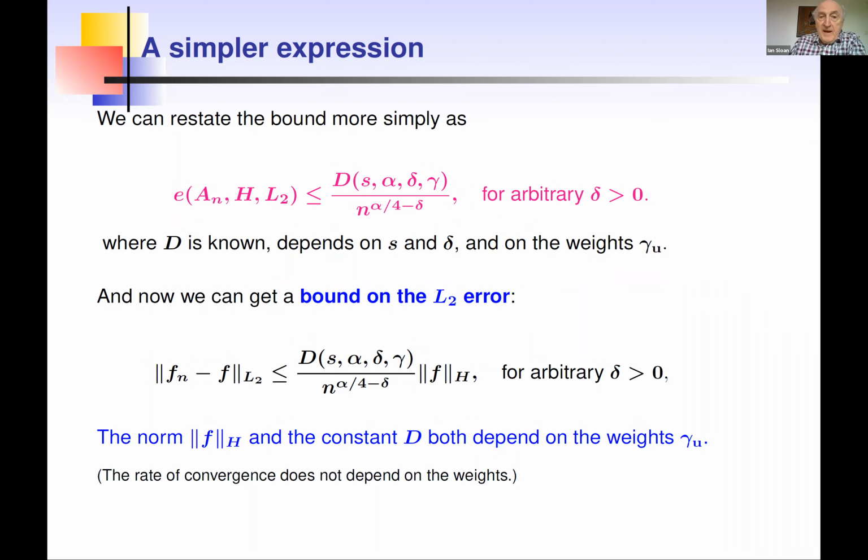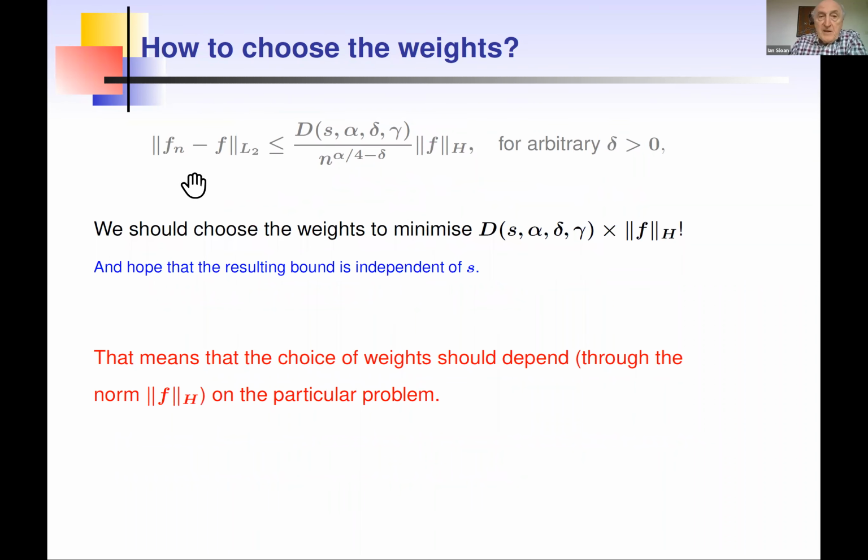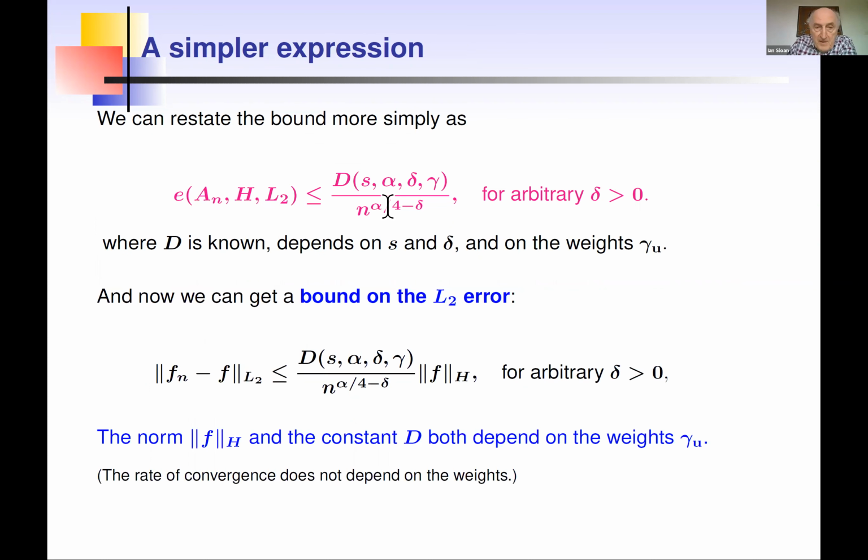And now we can get an error bound, the L2 error. The L2 error is bounded by the worst case error times the H norm of F. So to go further, we need to,